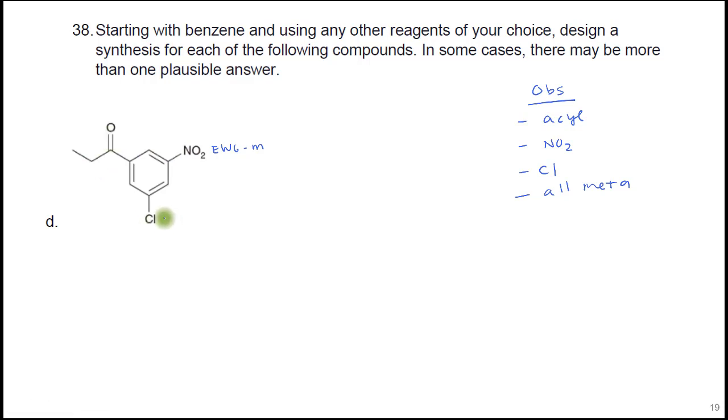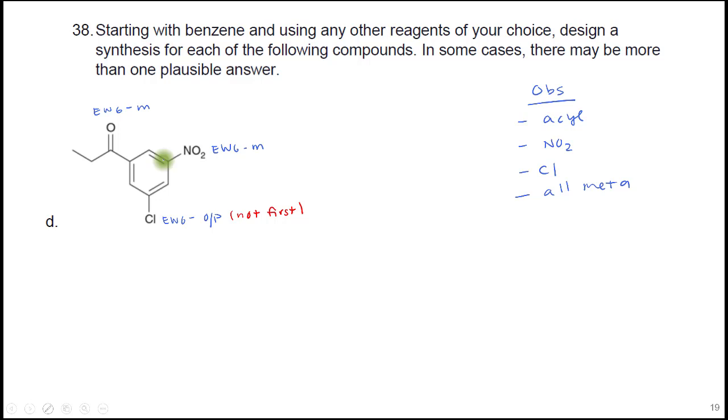The chlorine is electron withdrawing, but this is an ortho para director. So I don't want to put that one on first, because it is an ortho para director. And then I have this carbonyl here, which is also an electron withdrawing group, which is a meta director, and again both things are meta to that,